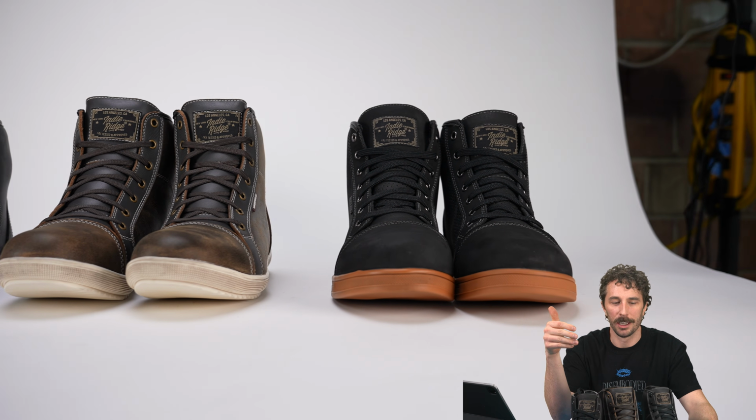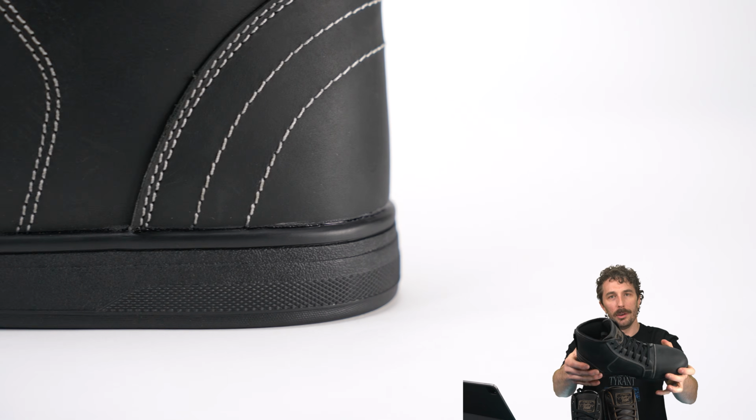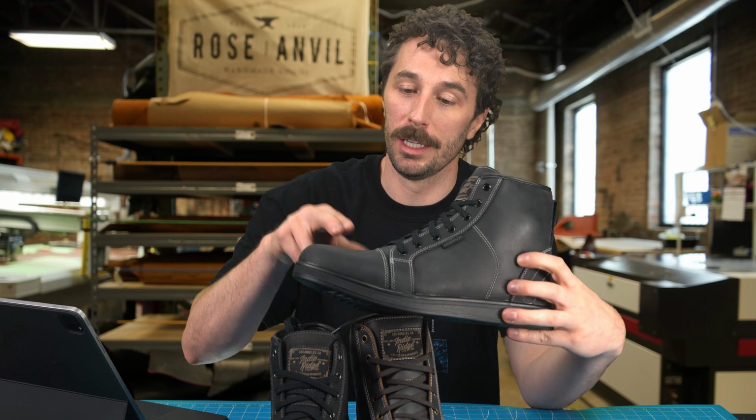And we never cut these apart yet. And so there's some interesting attributes and features, like they have a reinforced toe. They've got the TPU heel and toe protection. You got that ankle protection. I'm really curious if this is an actual double layer toe cap. I assume it is because you want that shift